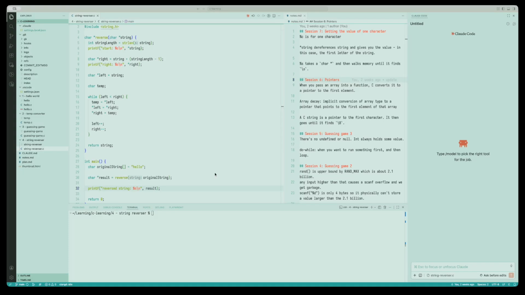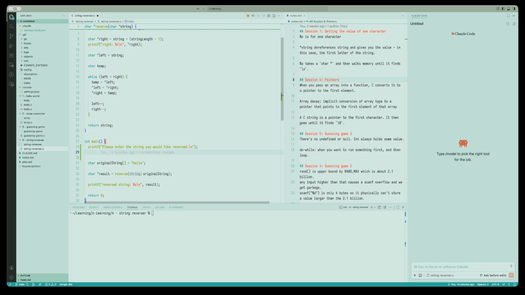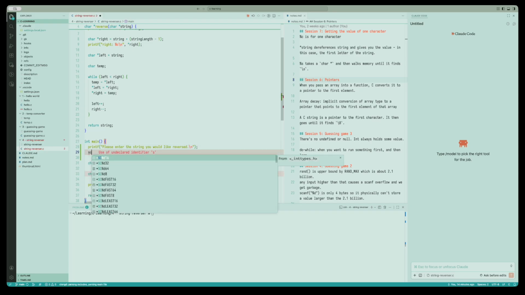Okay, welcome back. Where we just left off, we are reversing a hard-coded string. To finish this off, we're going to accept an argument and then reverse that. So we're going to start off with a printf. Please enter the string you would like reversed. Line break, semicolon. I then need to, I haven't done this in a while, so scanf,